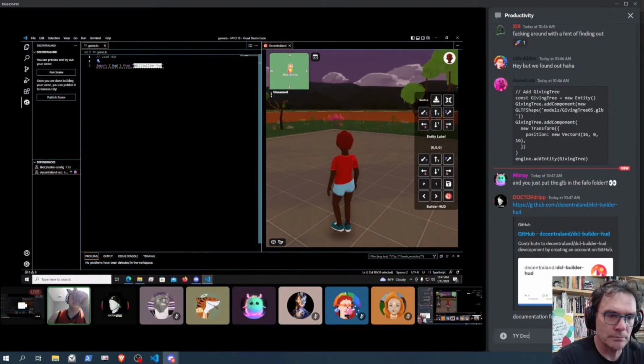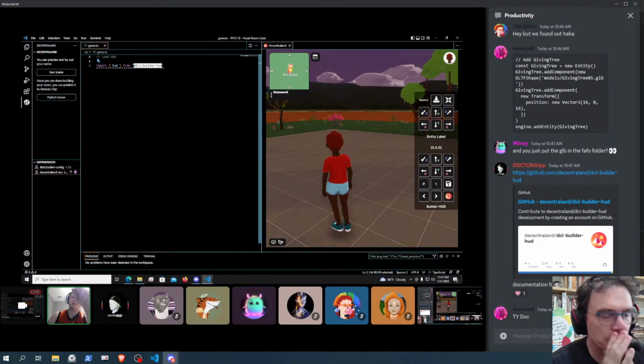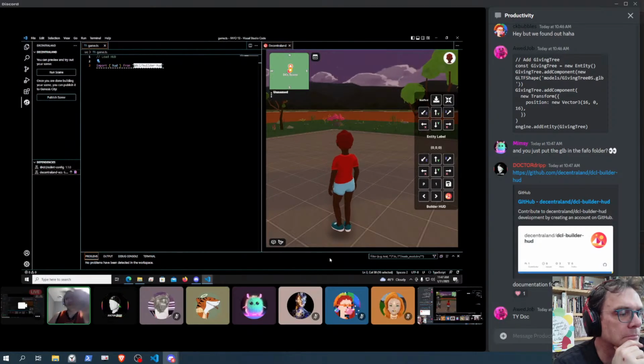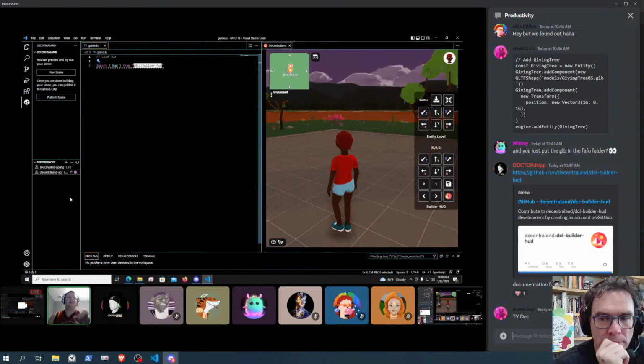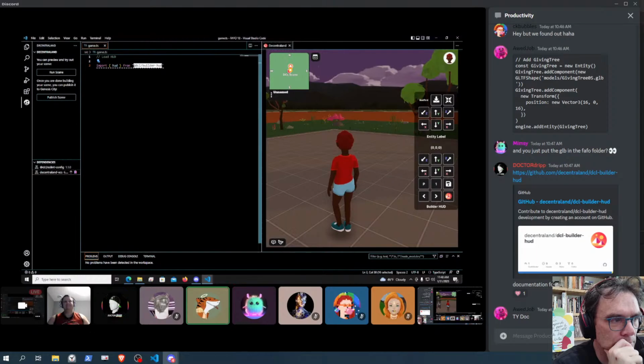You'll hit enter, and it'll ask you if it's a Decentraland package. You'll hit yes, and it'll install it. Once it's installing, it'll pop up on the bottom right. Once it's done, go back to where that addition symbol was and hit update dependencies, the little refresh button. Okay, let's see.